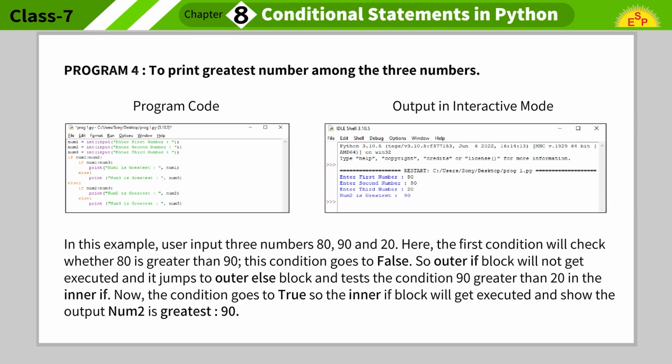In this example, user input three numbers 80, 90 and 20. Here, the first condition will check whether 80 is greater than 90. This condition goes to false. So outer if block will not get executed and it jumps to outer else block and tests the condition 90 greater than 20 in the inner if. Now, the condition goes to true, so the inner if block will get executed and show the output